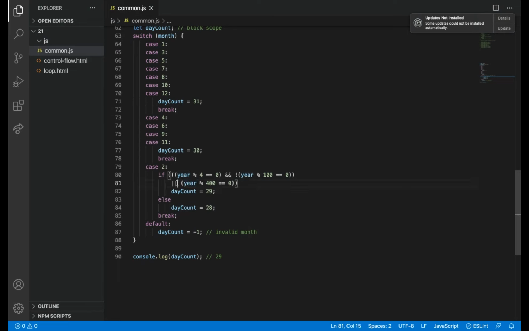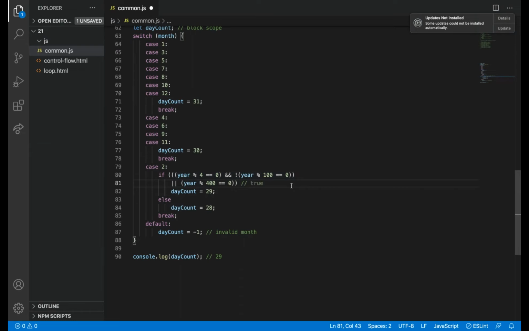Or they are just checking the year, or this is the condition, or it should satisfy these two conditions, or just year modulo 400 equal to 0. So it checks one of these two conditions. Both should be true. I'll write it here. How are they checking?